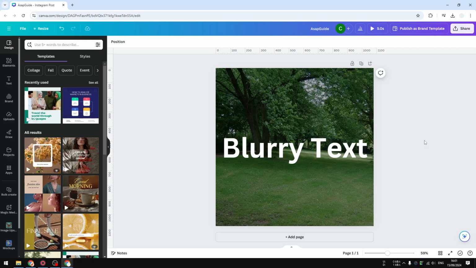How do you make text in Canva to be blurry? Well, it is not possible, at least not directly. Even though Canva appears to have everything, there are some editing features that are not available, especially